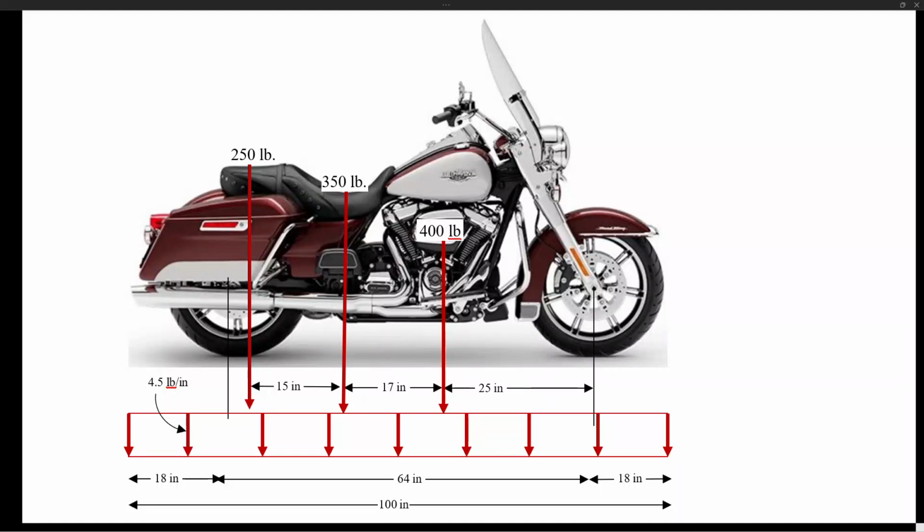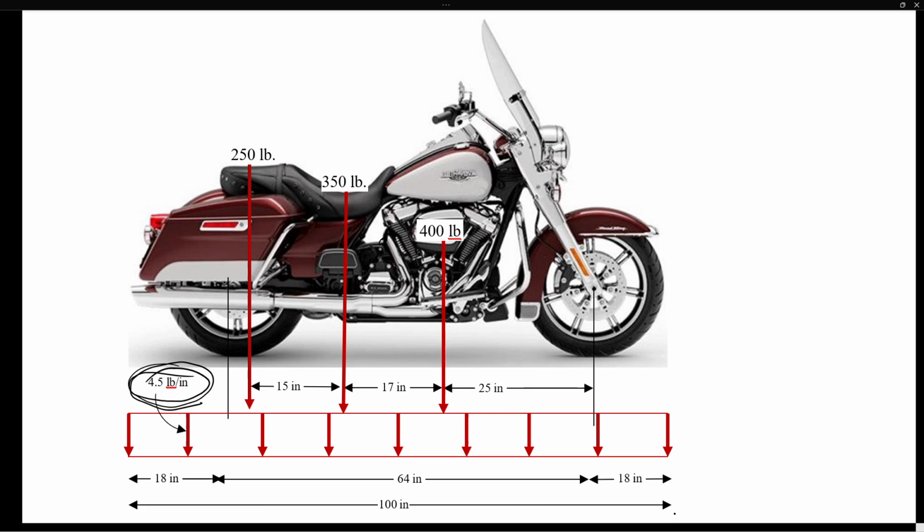Reaction force calculation, uniformly distributed loading situation. So this is called the uniformly distributed load. Previously we have seen that the motorcycle chassis weight was given as a concentrated load in the middle. In this case we are assuming that it is uniformly distributed at 4.5 pounds per inch across the 100 inches